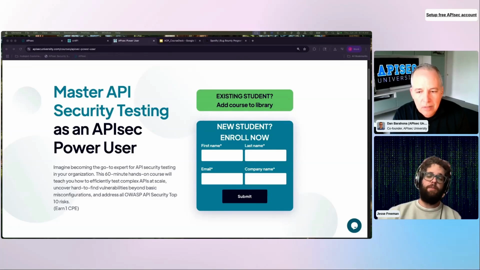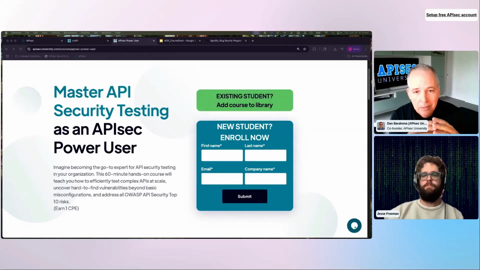For some people, they want APIsec and a once a year manual pen test, right? They can hand our reports to those manual pen testers and say, hey, here's what we already know, and save them a bunch of time. So I think what you'll see in the power user course is that Corey uses this scanner